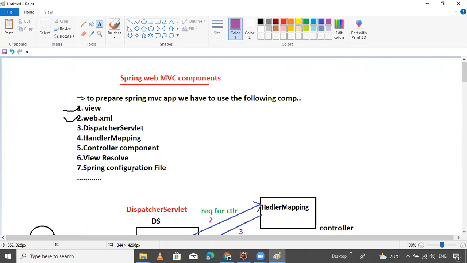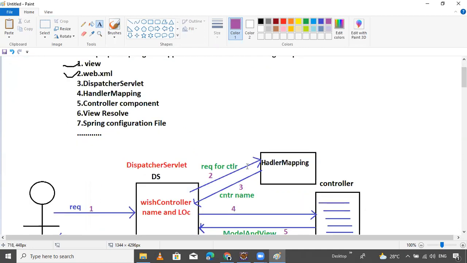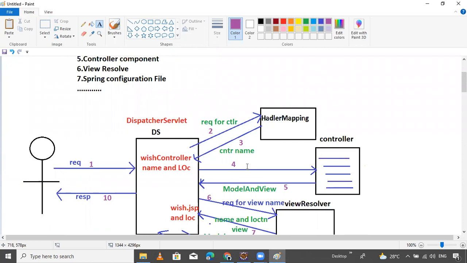So now we will learn handler mapping. What is handler mapping doing? You will get clarity about handler mapping, guys.